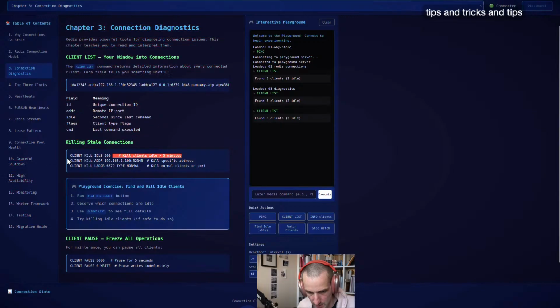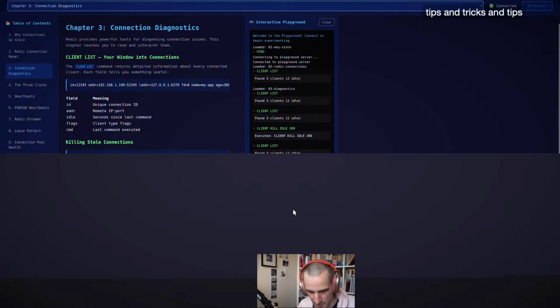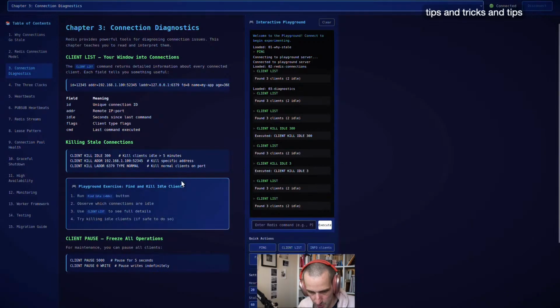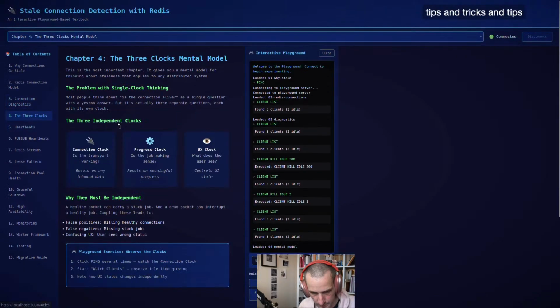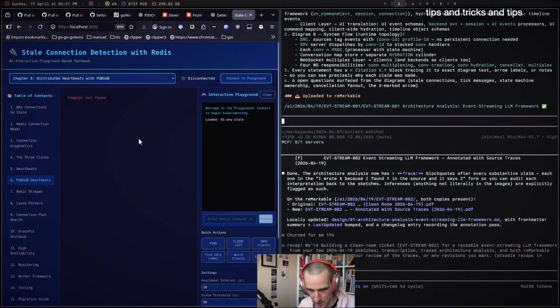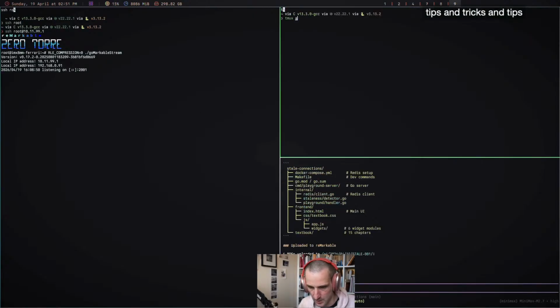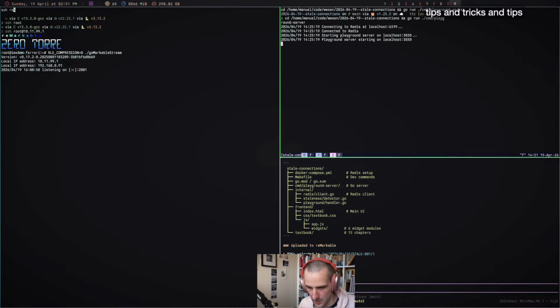Client kill idle. I'm not sure this is all working all that well. Well, we'll have to check with this. Maybe there's a backend that's not running either. Anyway, I'm experimenting with this. I think it just didn't restart the server. I think it's running in a tmux and it just didn't restart it. Stale connections.